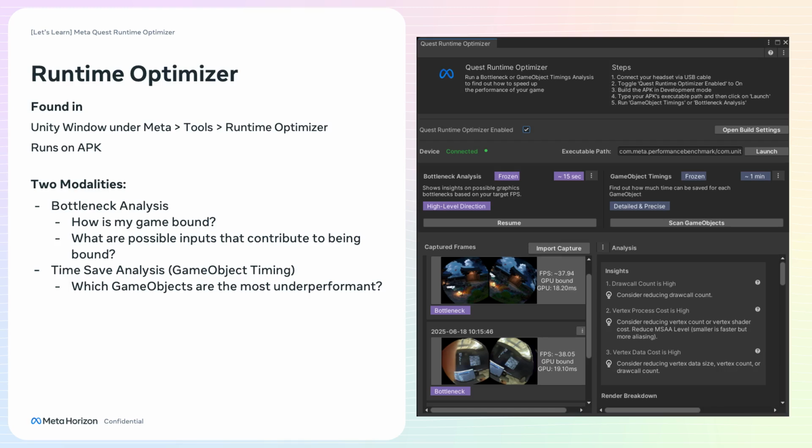Great. And then the second part is the time save analysis. The time save analysis is just answering one simple question: which game objects are the most underperformant in my scene? So we're in the same vein. We're talking about game objects, a unit that is very familiar for Unity developers, and we're trying to give you the exact